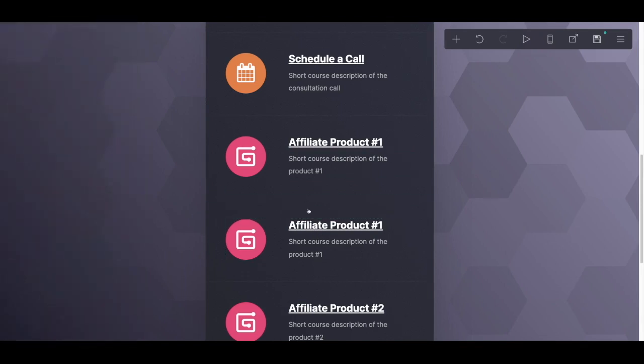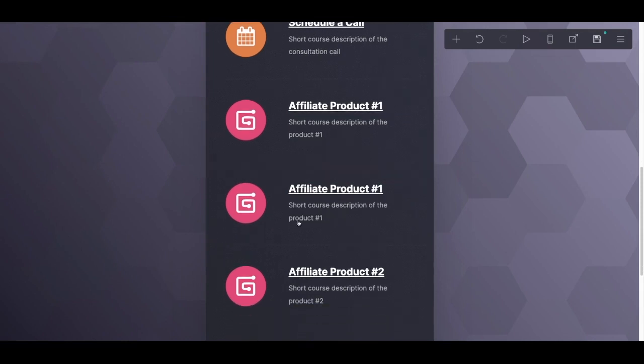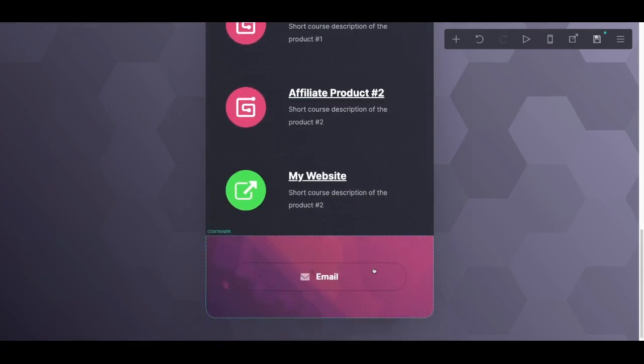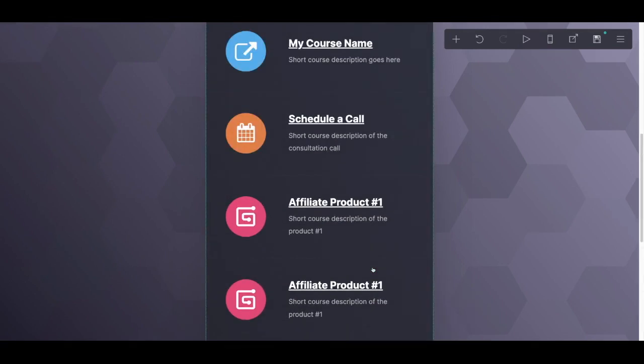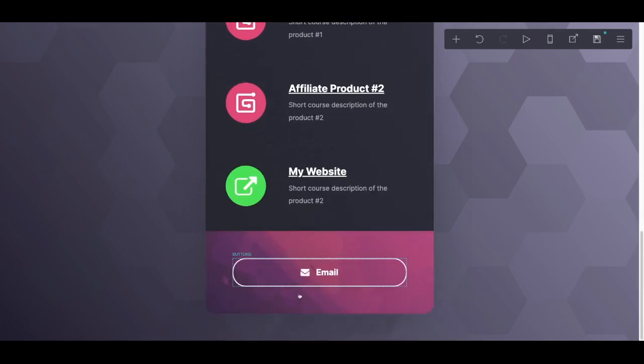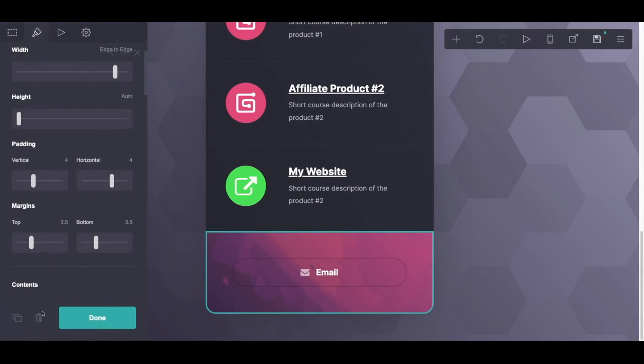So you want to make sure that you keep this divider, the margins, don't mess with the margins. You can change the color or anything else, but that will allow you to have space in between, so it's easy to manipulate. Now at the very bottom is an email link. You don't have to have this. You can actually delete this entire container by just clicking the trash can, or you could change this to another